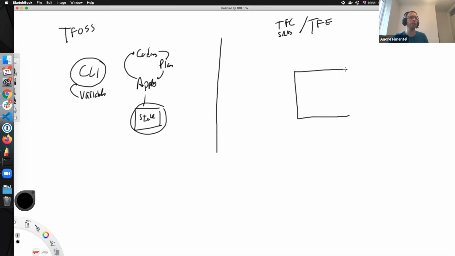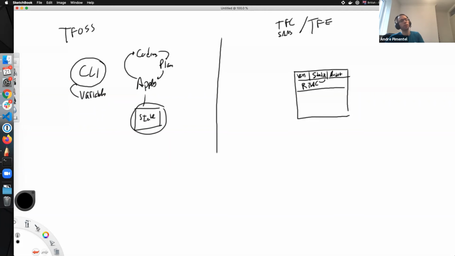To solve all these questions, Terraform Cloud and Enterprise came up with the concept of workspaces. A workspace basically is a Terraform project where we centralize the variables. We can encrypt the variables. Also, the state file is centralized by the platform and made highly available, so you never lose the state file. Another thing you have is an audit trail. I'll explain the audit trail in a second. And the last thing is role-based access control. So who can access Terraform, who can trigger a run, who can apply a run, and also override policies, and also who can see the state file, right?